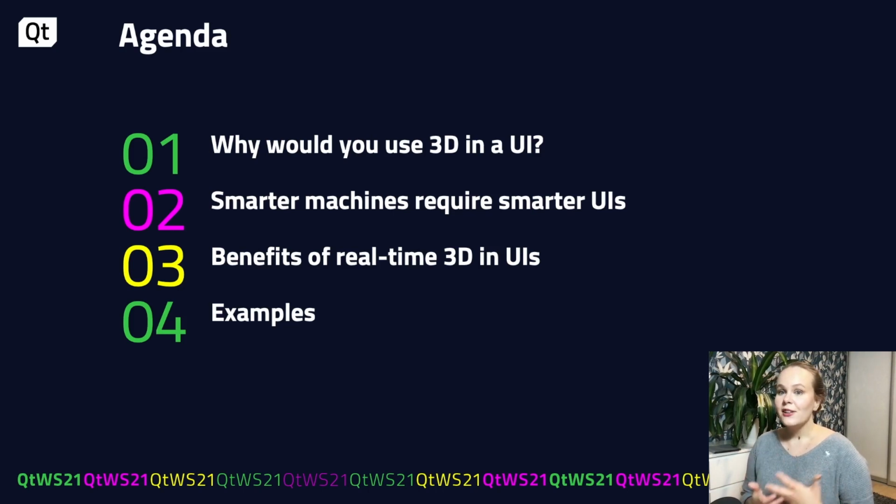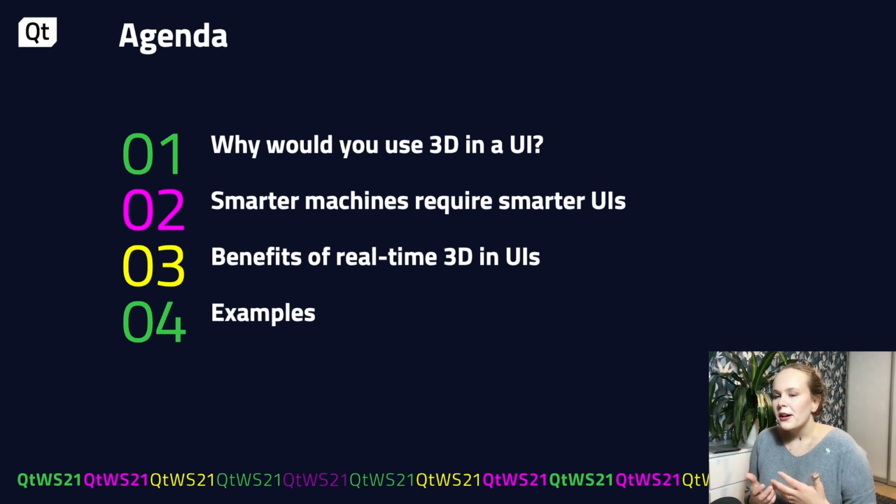The session will consist of some theory and some demos and live examples. I will begin the session covering the question of why should you use 3D in a user interface, which is something I surprisingly often hear from people coming from the mobile and desktop industries where flat 2D UIs are the norm. After that, I'll talk a little bit about the user interface trends we are seeing in the automotive industry